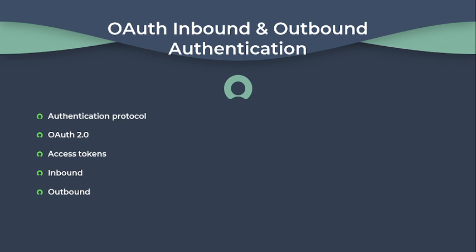Inbound creates an endpoint for external clients that want to access your instance. This creates an OAuth client application record and generates a client ID and client secret that the client needs to access the restricted resources on the instance. And outbound uses a third-party OAuth provider that provides the authorization for access to your instance. Specify an OAuth profile and OAuth scope when you are connecting to another OAuth provider.